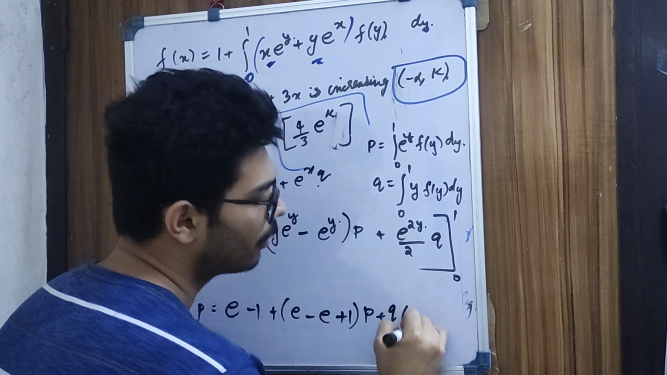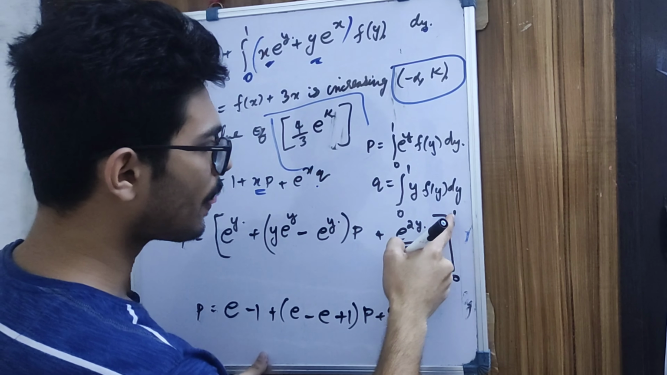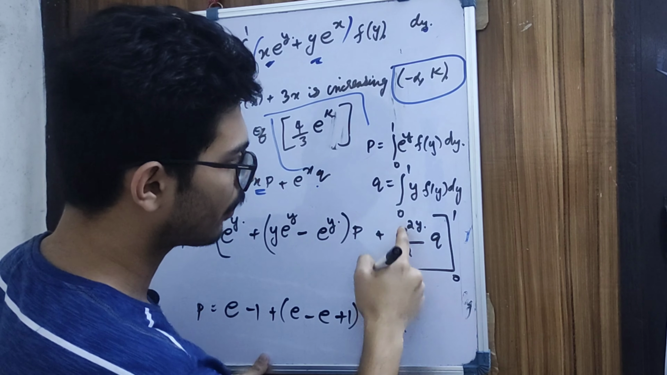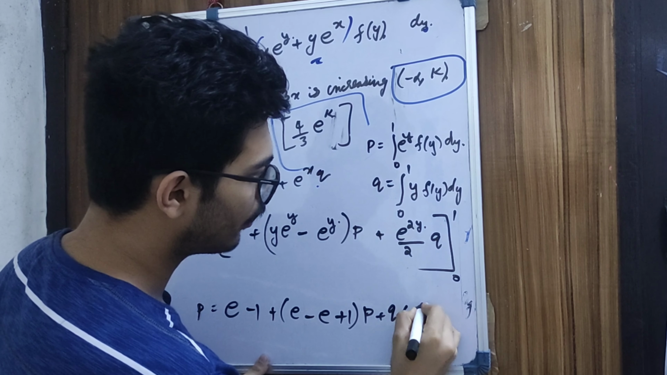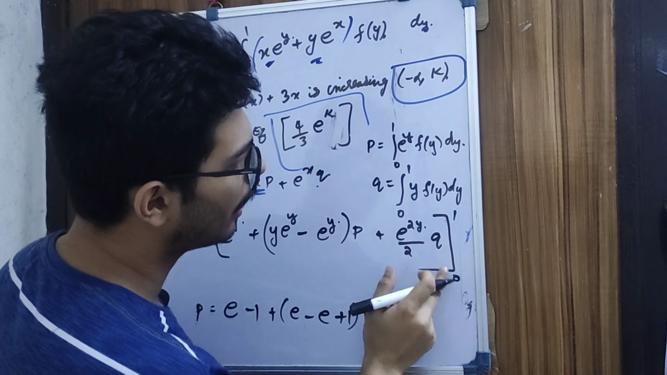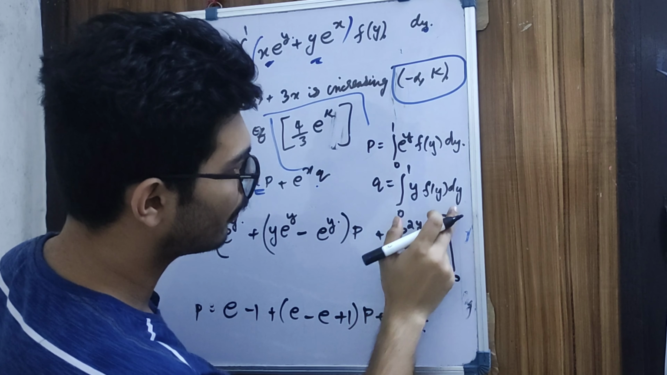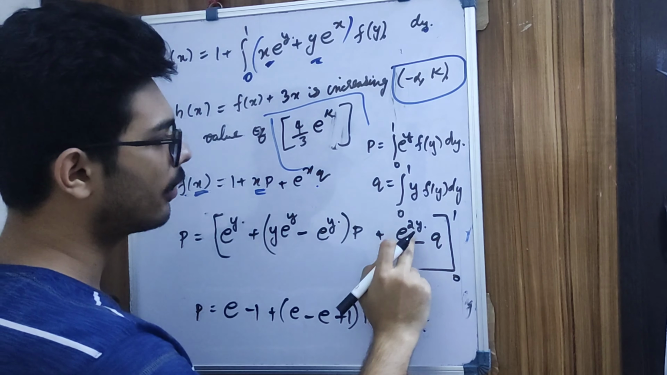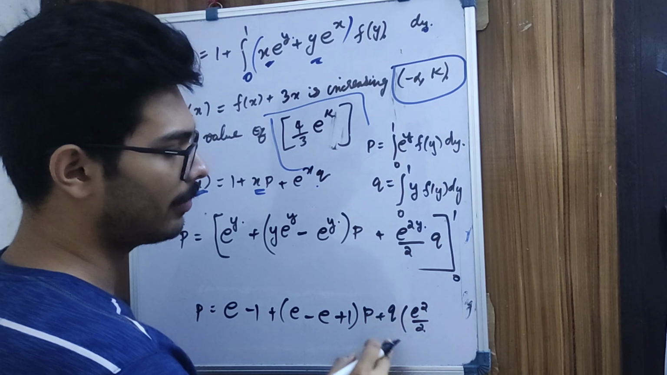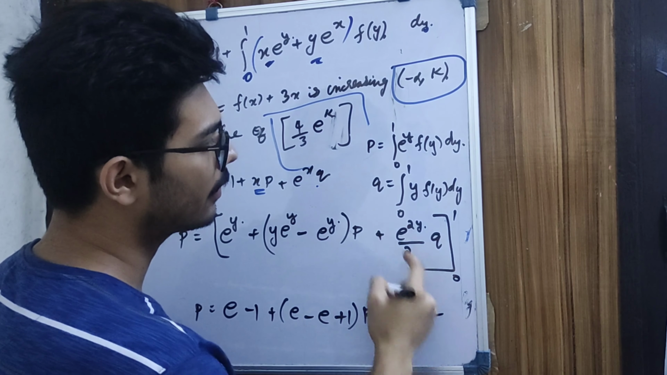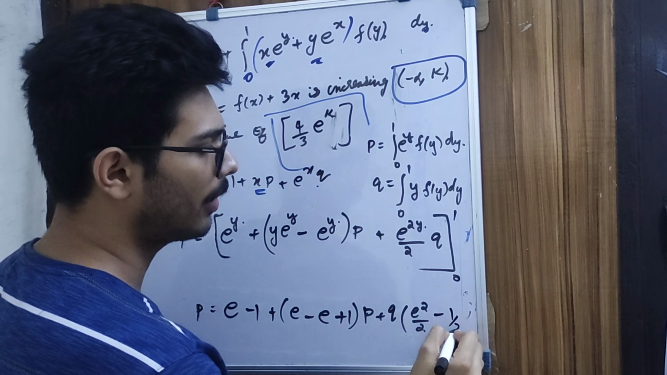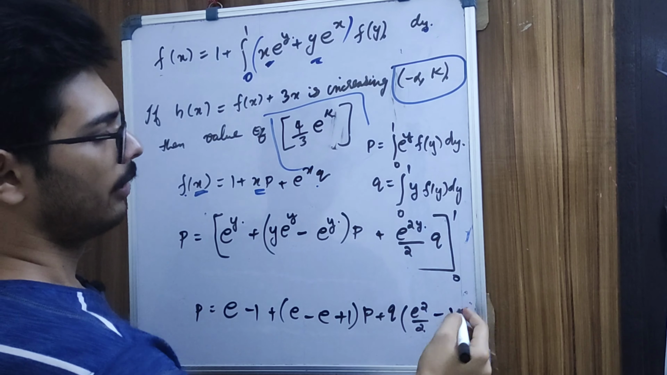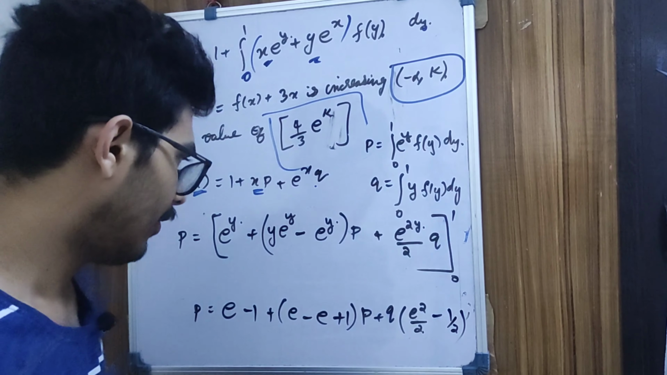Then we will get q into, what is the value? e raised to 2 divided by 2, and here we are giving the lower limit. While we are giving 1 as the upper limit, it will be equal to e raised to 2 into 1 divided by 2, which means e square divided by 2, minus, giving the lower limit, it will be equal to 1 by 2. So we have given the value of the limits. Then we can solve this